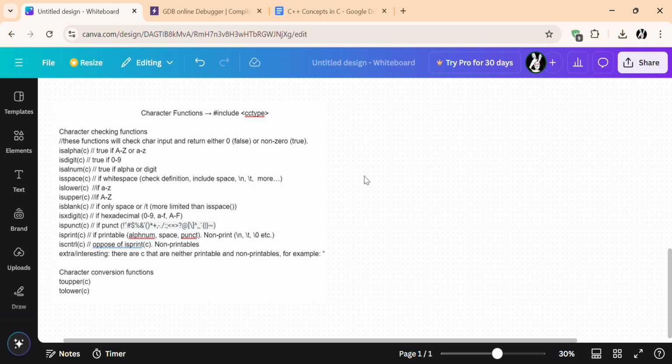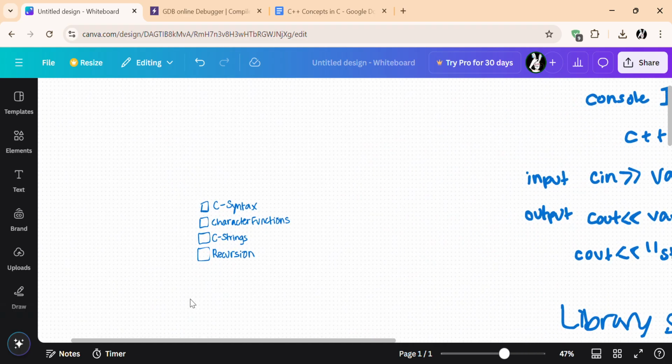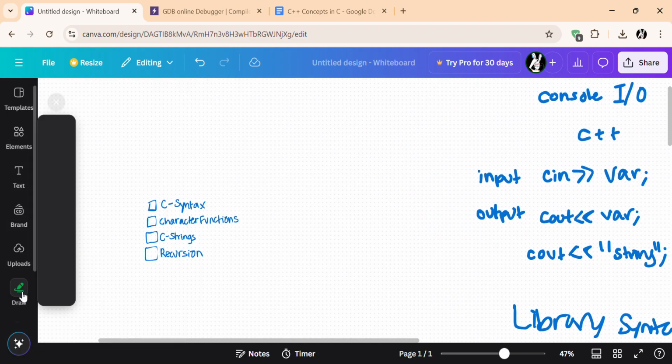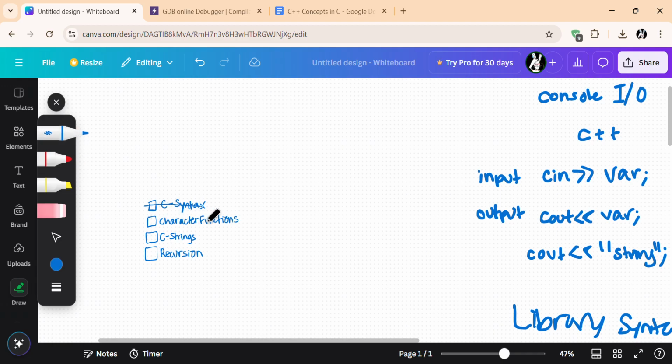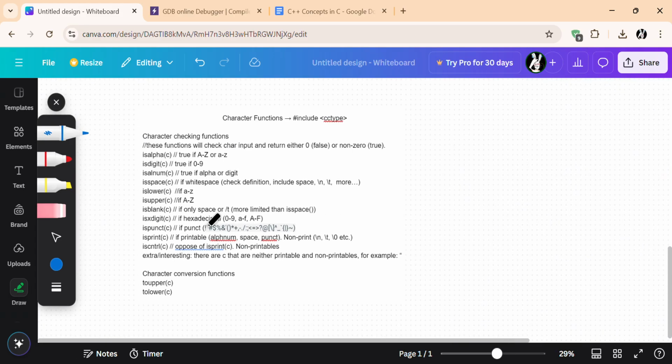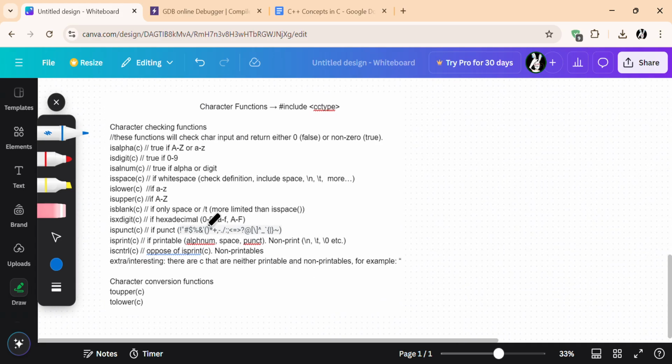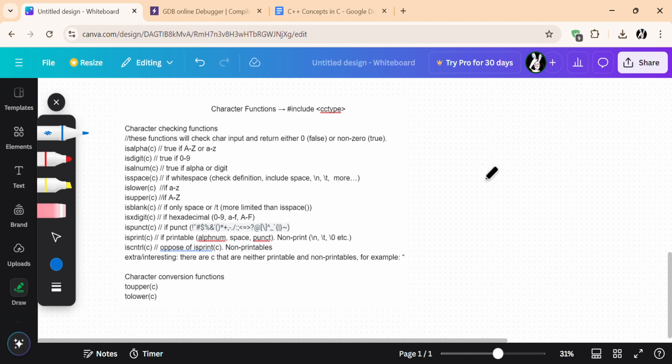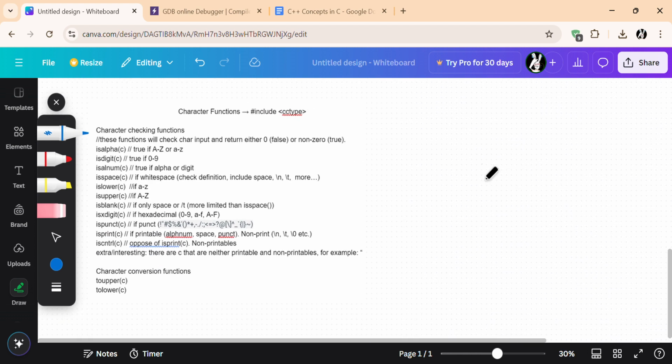Hi guys, so continuing off from our previous midterm prep video, we're going to be covering character functions. So let me get my pen, cross out some C syntax, and we're working on character functions. I've included a summary of everything we're going to cover and everything that is relevant to us. We're going to be covering character functions from the cctype library, and an overview from our previous video. We are right now going to be focusing on C++,